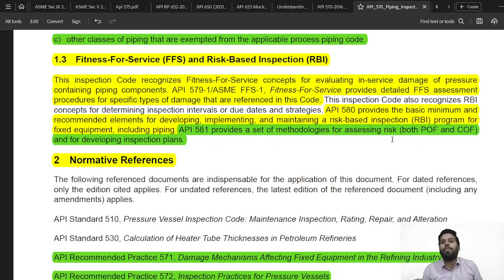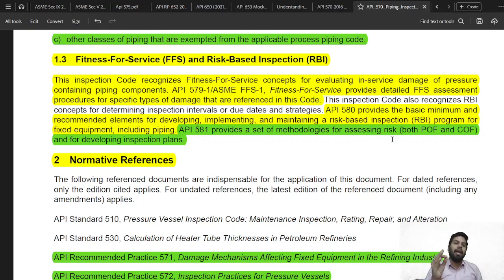Another approach is going to be the risk-based inspection approach. In the risk-based inspection approach, the approach is generally defined on two basic parameters. First parameter is going to be the probability assessment and the other is going to be the consequence assessment. Probability assessment means what is the likelihood of your piping failure happening. If the likelihood is very high, then obviously more inspection is needed. If the likelihood of failure is very low, then there is no point in doing an extensive amount of inspection,